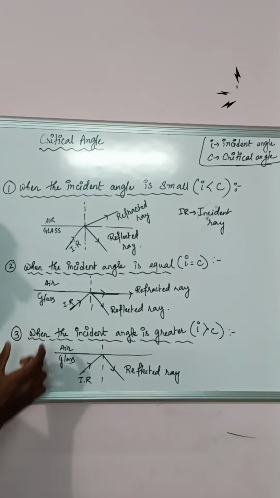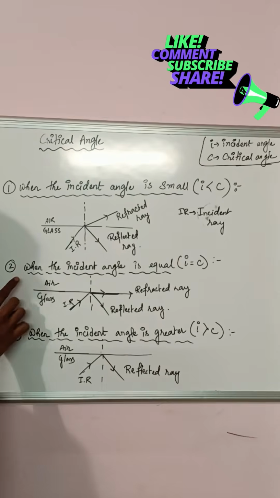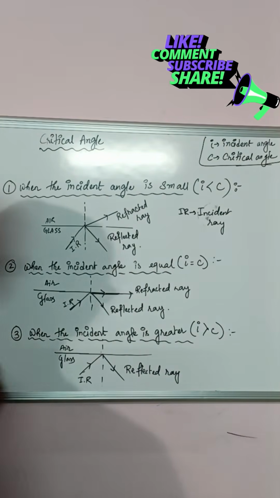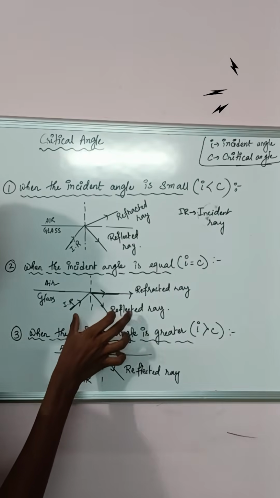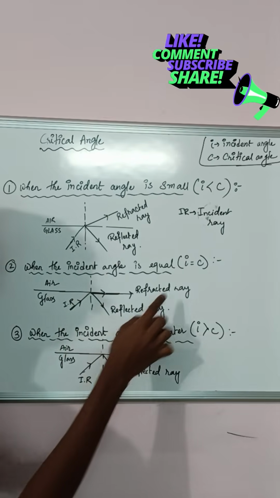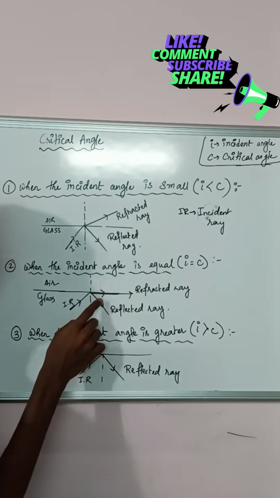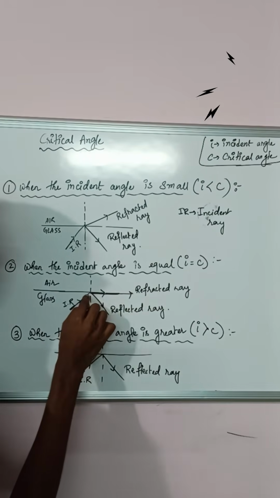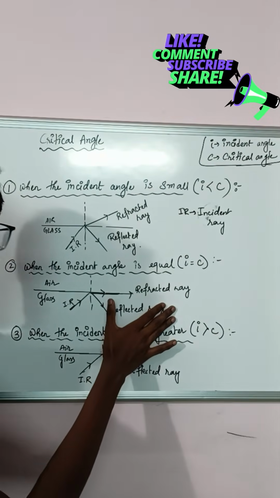Now what if the critical angle is equal to the incident angle? Then at that time we have to know. Again, we are taking the same glass and air, the two mediums, we are keeping it constant. This is my incident ray, IR. Then what happens? The reflected ray into the same medium, it is again getting reflected, but the refracted ray passes through the boundary of the two mediums. This portion is the boundary between the two mediums, and the refracted ray passes from that particular boundary only. Okay, this is a very interesting case.